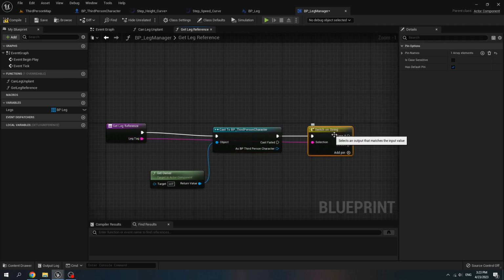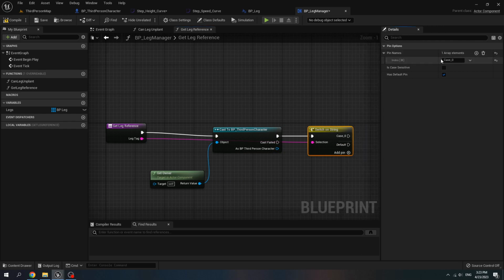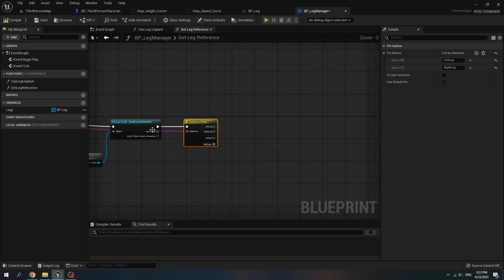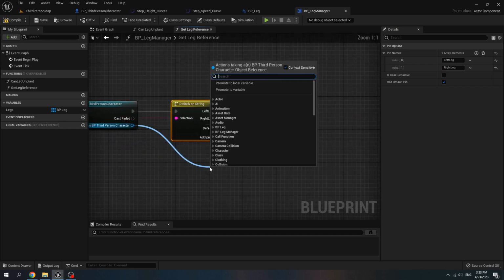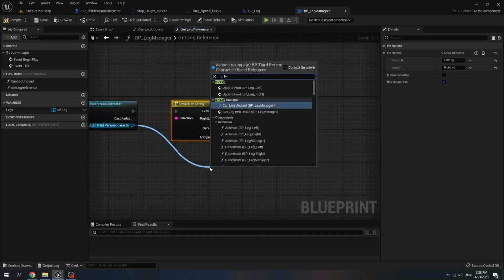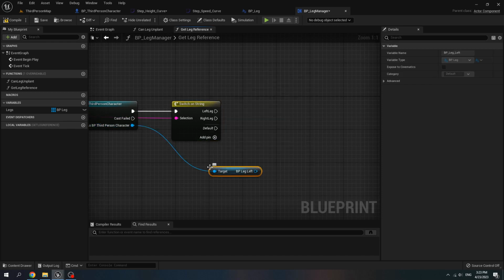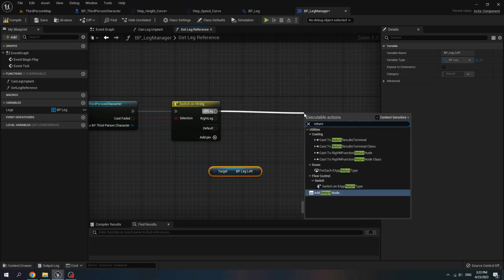Add pin like the switch on string. The pin name is left leg. Add new pin, name it right leg. If the leg is left leg, we call BP leg left. Get BP leg left. Call return node.